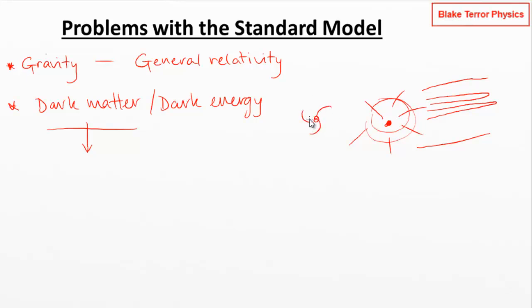Galaxies were rotating in a way that should just blow them apart unless they had more mass. So there's a lot of stuff in the universe, like actual matter, that we're apparently not observing. We don't really know what it is. So there's a big question there as to whether there are other fundamental particles that we don't know about.